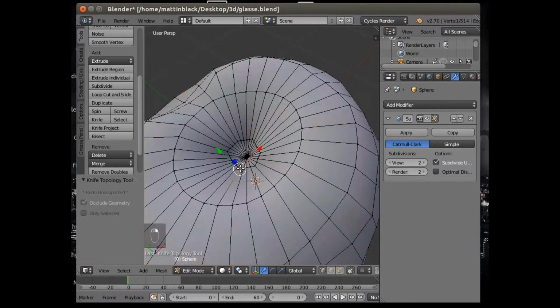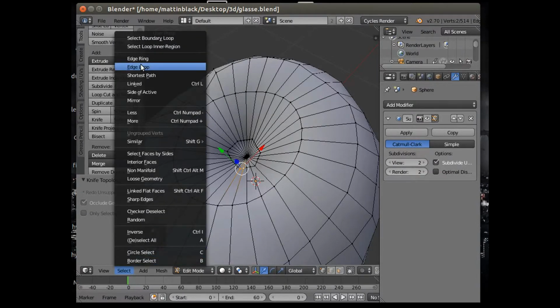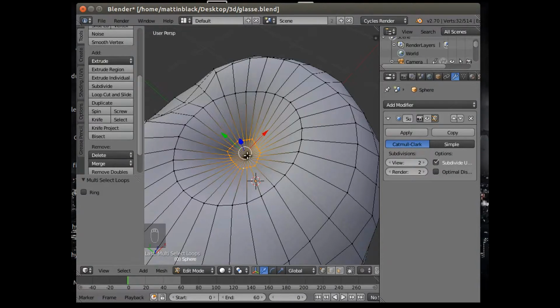And what we want to do is select them all, and the middle one,